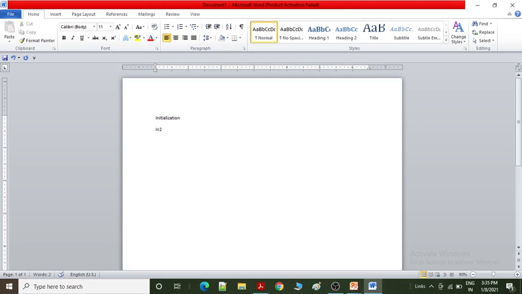It means the starting position of i will always be 2, and the repetition depends on its condition, but it will always start from 2 only. So this is called initialization.